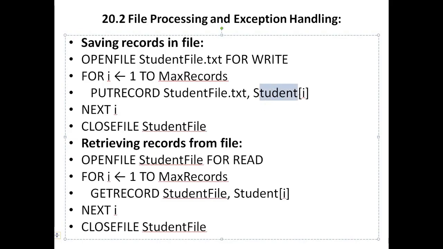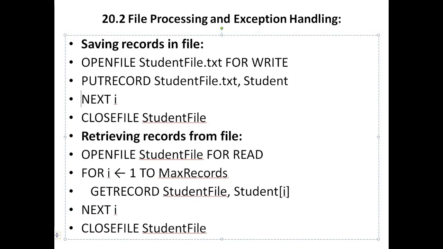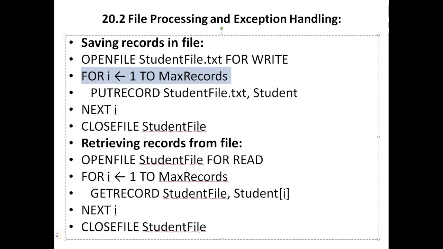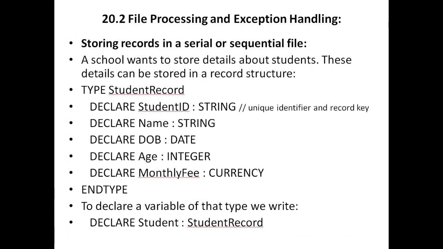Then you write student I. This indicates that this is supposed to be an array. Otherwise, if it's not an array, it's a single variable, then you can ignore this for loop and you can just write this. If you have created an array, for example, declare student